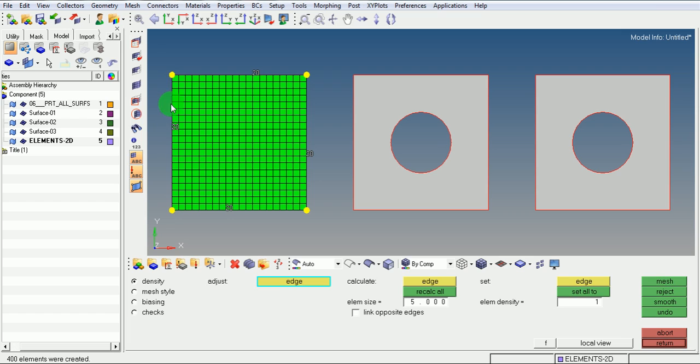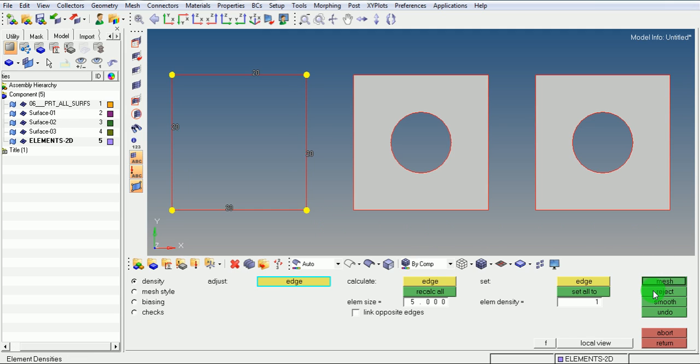The mesh now obtained will have the smooth or the fine elements compared to the previous. Pick on reject. Pick on return.